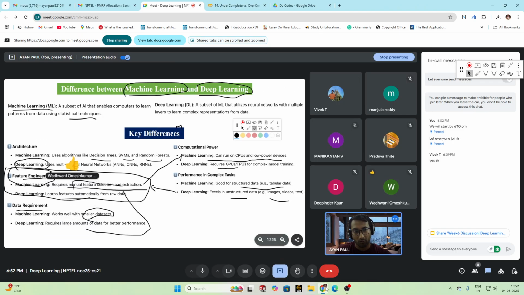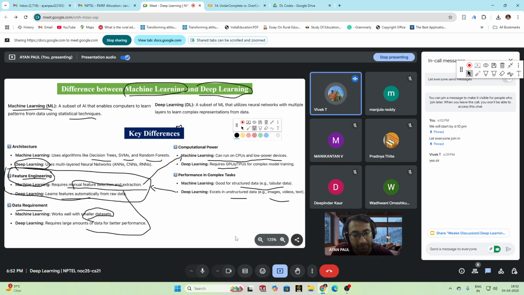Sir, for online decision making and quick responding, which one is better, machine learning or deep learning? Suppose I take an image, say one car is going, and in front of it a camera is there. We take an image and we have to respond immediately based on the data. So what should I do? Always deep learning. But first we have to train the model, then deploy it. Initially we train on GPUs.